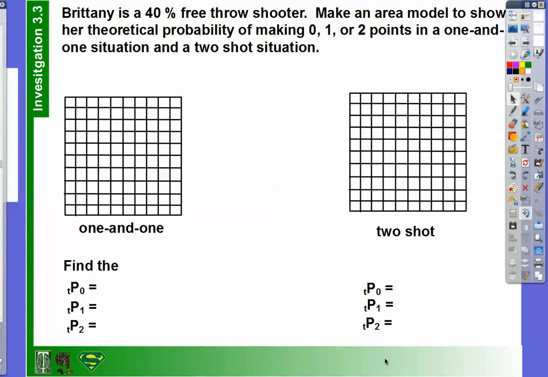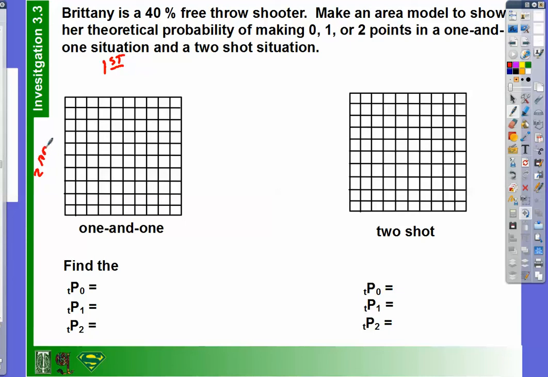Make an area model to show her theoretical probability of making 0, 1, or 2 points in a 1-and-1 situation and a 2-shot situation. By the way, this is a problem that was written off of Brittany Mencke's all these years ago. All right. So, in a 1-and-1 situation, we've done this before. So, we have our first shot, our second shot,